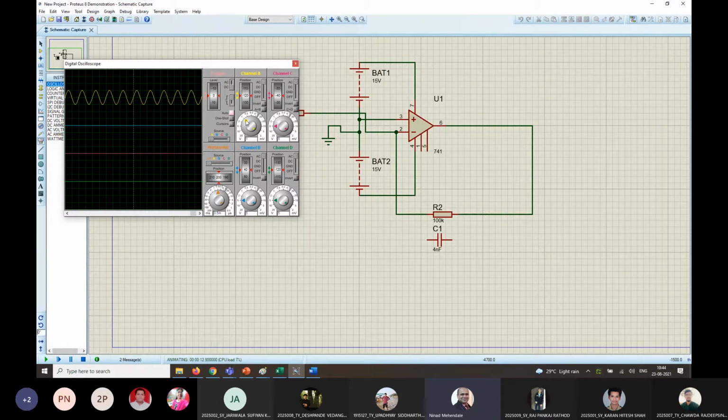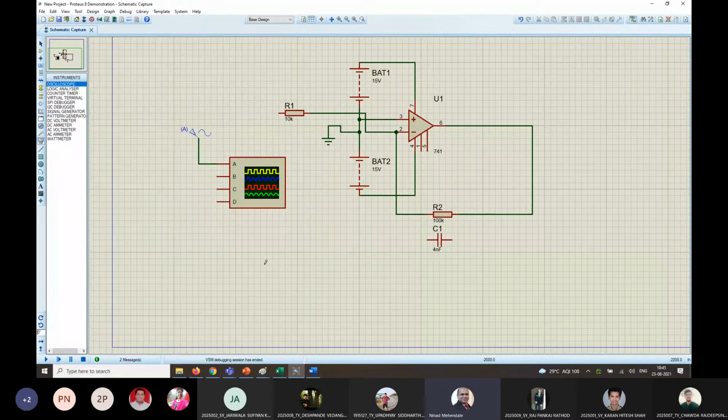So 2 into 1, so it's 2 volt peak to peak, that means 1 volt peak. Now only one channel is connected, channel A, and there are channels B, C, D. Again you have a separate volts per division knob, and this is for the moving waveform, the trigger. So we might not use it ever. Don't close your CRO from this cross angle. Always stop the simulation.